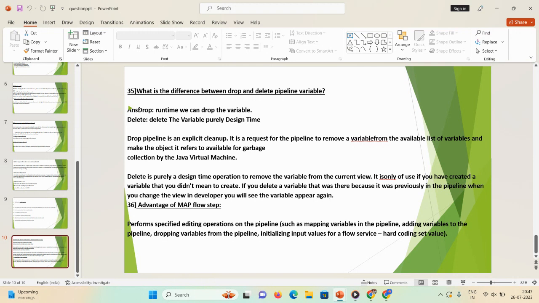Okay. And question number 36, and this is the last question in today's demonstration. Advantages of a map flow step. To perform the specified editing options on the pipeline, such as mapping variables in the pipeline, adding variables to the pipeline, dropping variables from the pipeline, initializing input values for flow services, and also hard coding the state value.